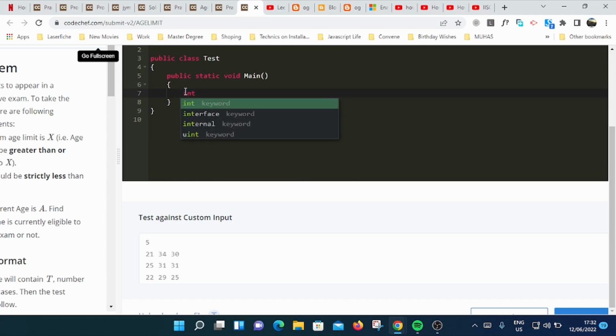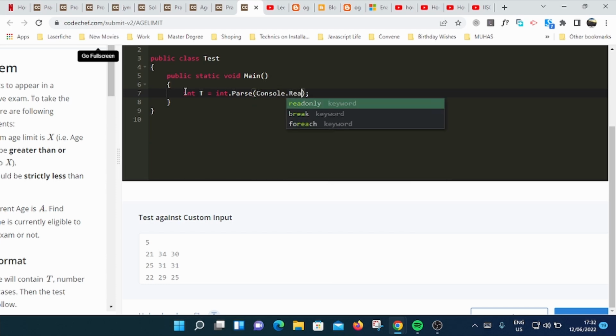So you can start by saying int t is equal to int.Parse(Console.ReadLine()), or you can use int.Parse or Convert.ToInt32, whatever you use to convert a string or character into your integer. So after reading the number of test cases,